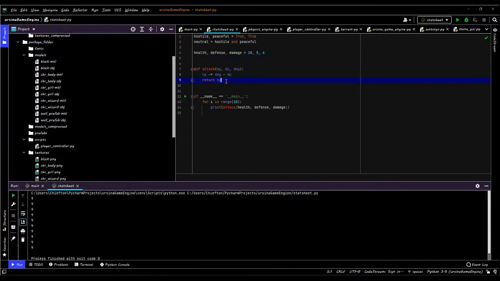So I need to make a class. That's why I can't do it, because I need to be able to do self.health or something. Like in here, self.health. I'm trying to figure it out, but there's no way to do it. The only way I can do it is if I have a class. So I need to make a class now,